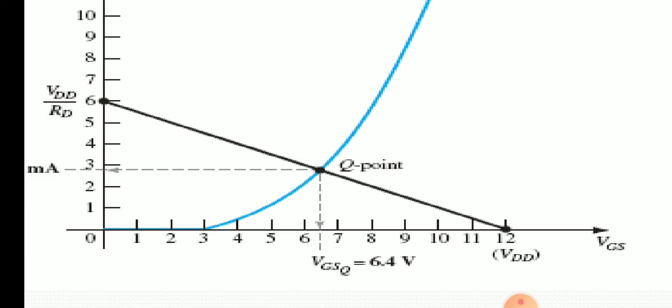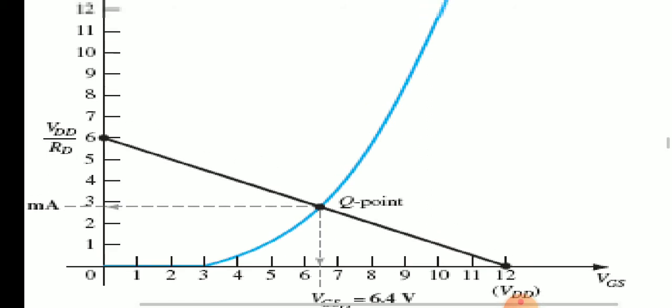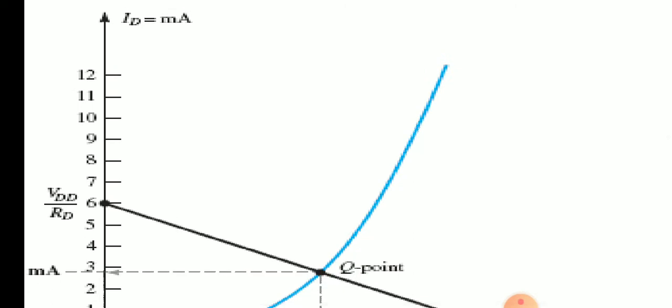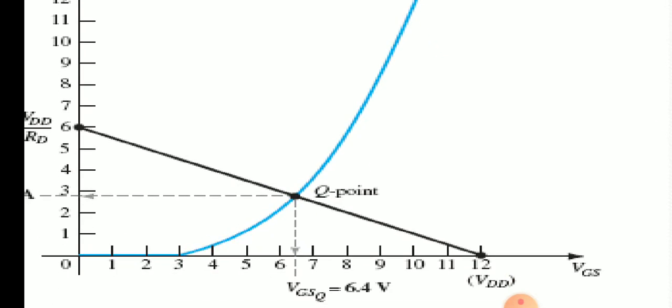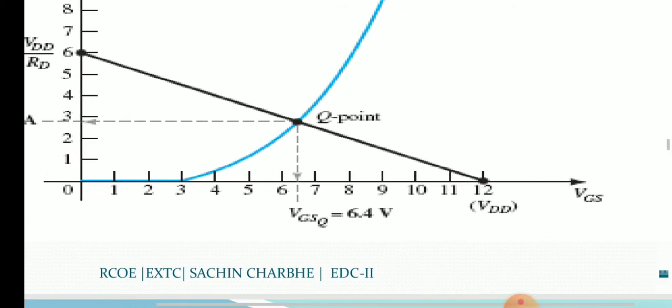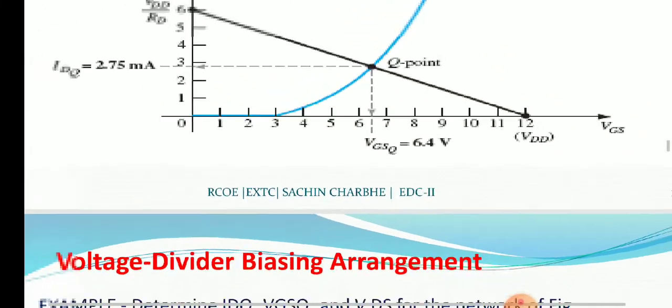So we have to calculate the center, VGSQ 6.4 volt. We have to connect the VDD to 6, ID is 6 milliampere, and whenever the point is connected, that point is the quiescent point. So this is the graphical method, and